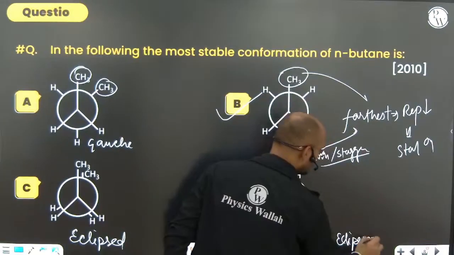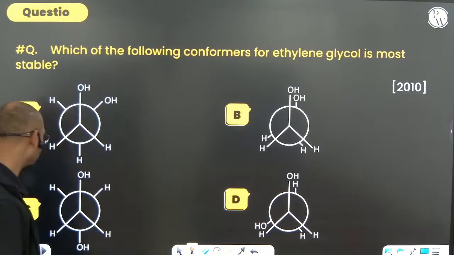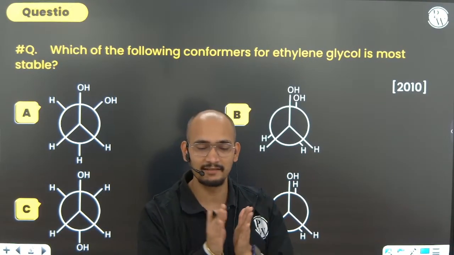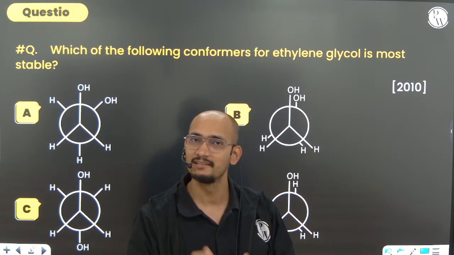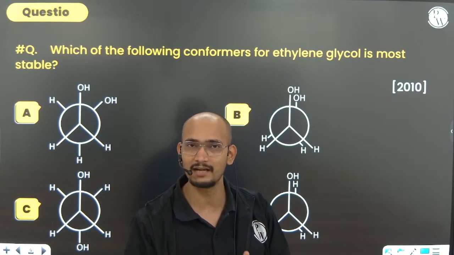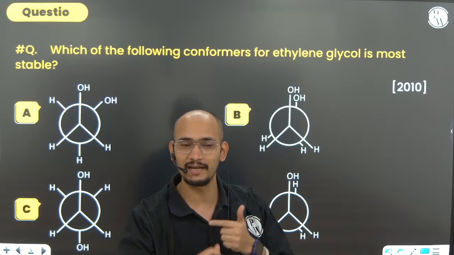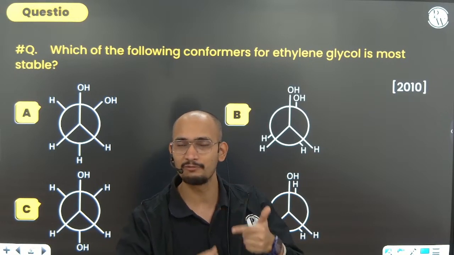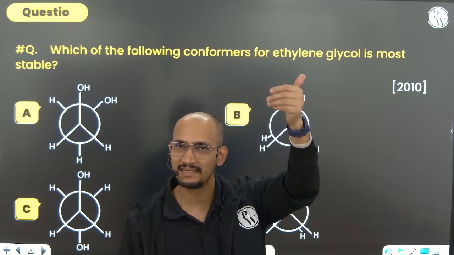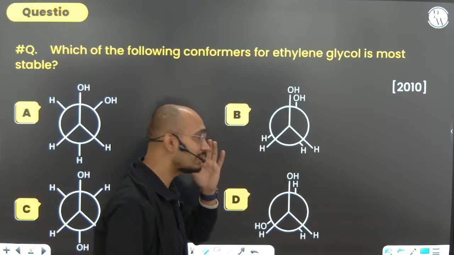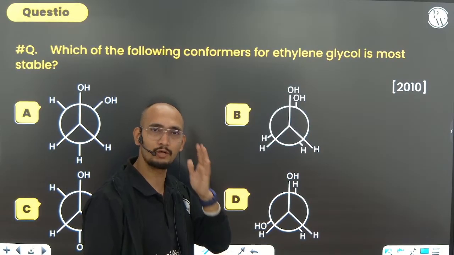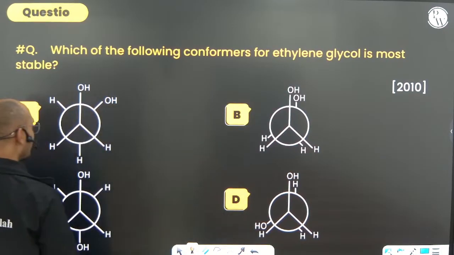So always remember, class, whenever there is a possibility of hydrogen bonding, and hydrogen bonding only takes place when the distance is less, and in the gauche case the distance is very less. Whenever intramolecular hydrogen bonding is possible, what happens? There will be formation of a ring. As the ring is formed, its stability will increase, right? And this stability is there only when there is gauche. The extent of hydrogen bonding will be maximum at the gauche position.